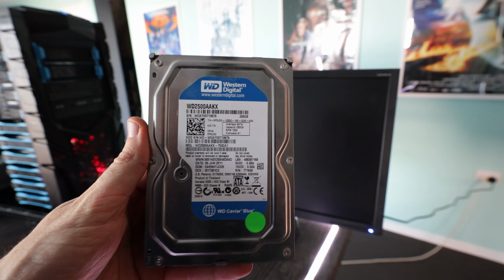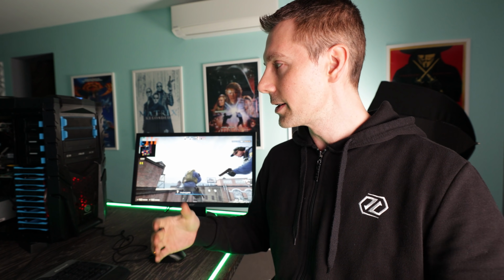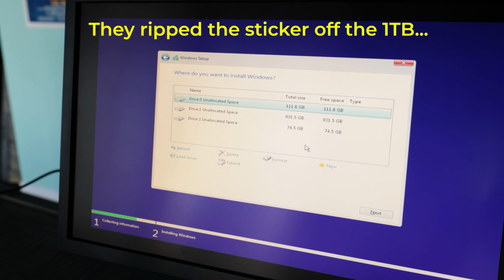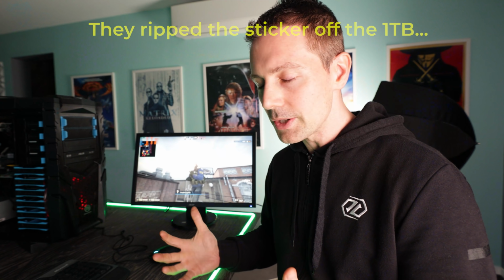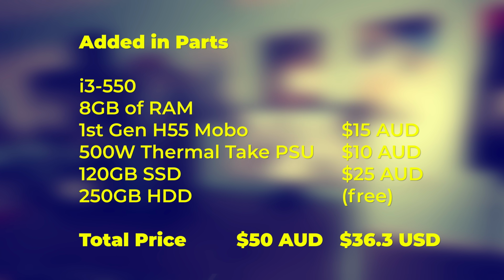And we then swapped the 250GB SSD for a 120GB SSD, and then also put in a 250GB hard drive just to balance out the whole system. And then we kept all the other components for a later build where we can put in a higher end GPU and match everything. So overall, all those parts that we put in ended up costing me $50,